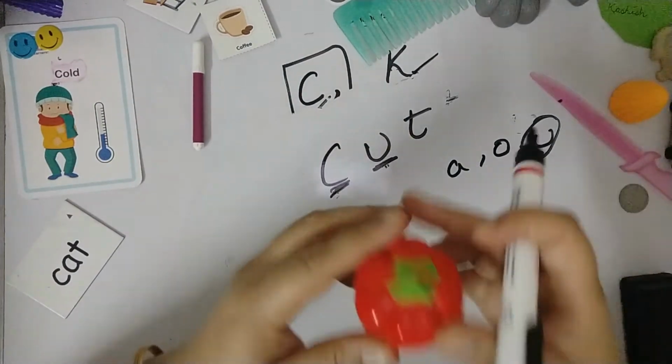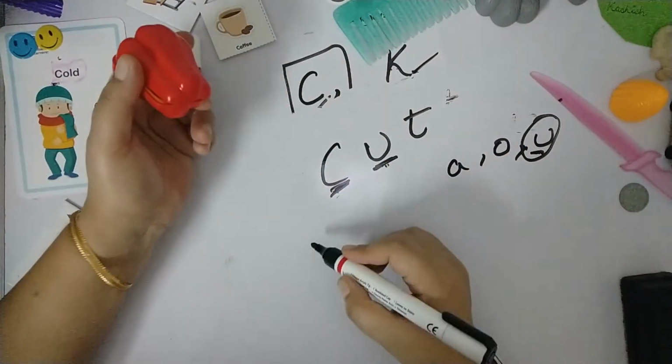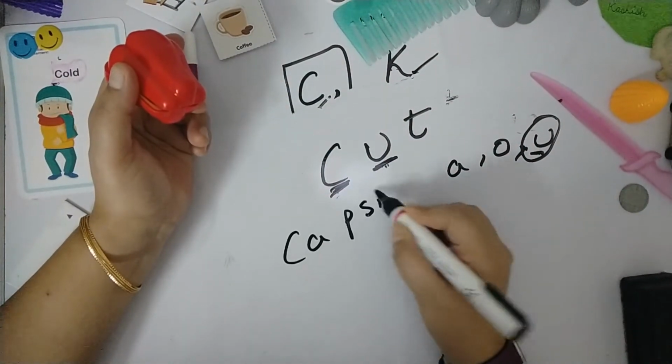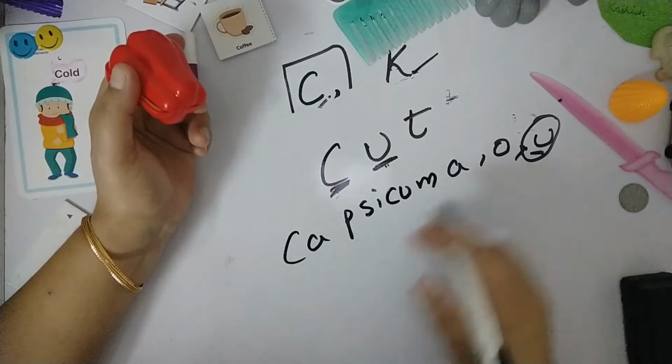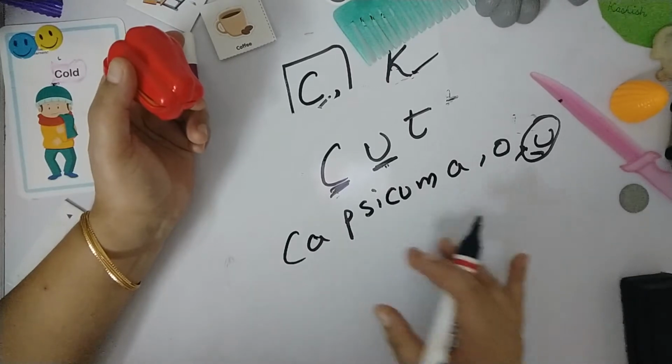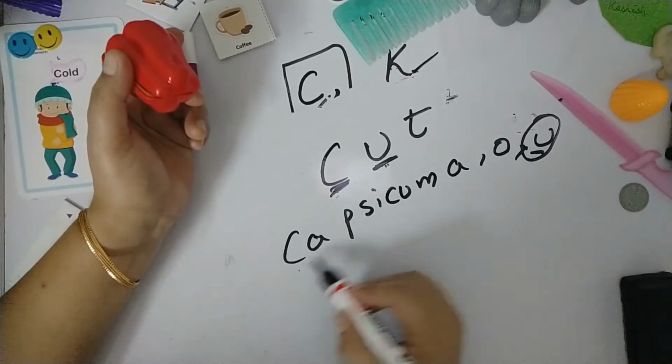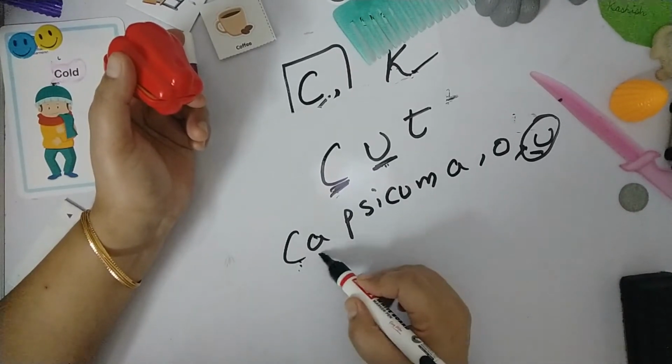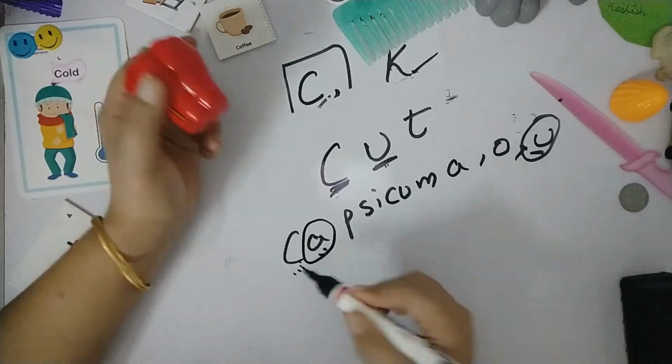Similarly, you can ask the child to cut this capsicum. Again, capsicum, if the child doesn't know the complete spelling, you can write it and make the child understand first, and then you can use it on any spelling, whatever you want. Like again, here k sound is followed by vowel A. So we have used C here.